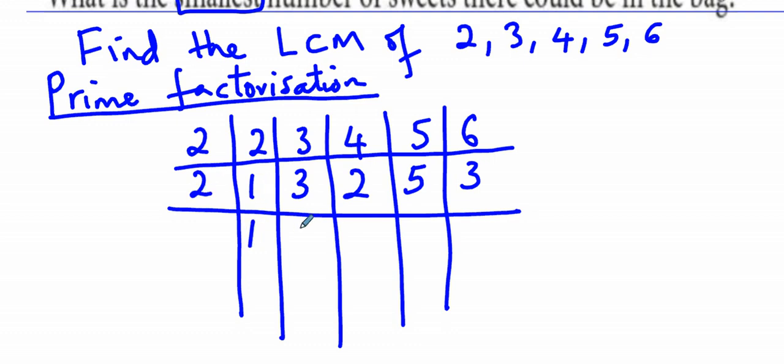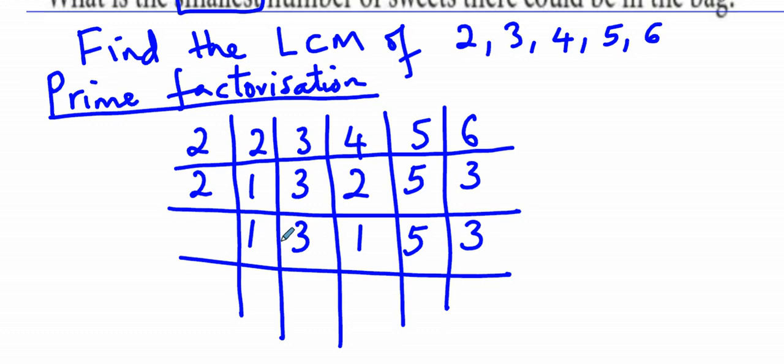Keep going, go by 2, 1 divided by 2 is a decimal, so copy and paste 1, 3 divided by 2 leaves a remainder, copy and paste 3, 2 divided by 2 is 1, 5 divided by 2 leaves a remainder, copy and paste 5, 3 divided by 2 leaves a remainder, so copy and paste 3. No possibility of dividing by 2, so go for 3, 1 divided by 3 gives a decimal, so copy and paste 1,